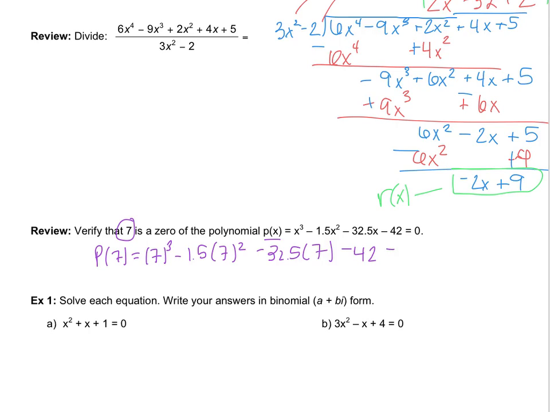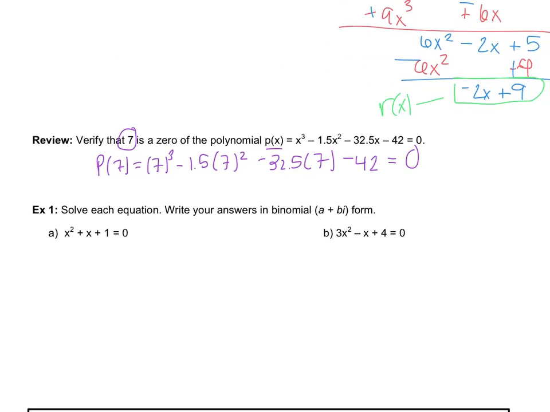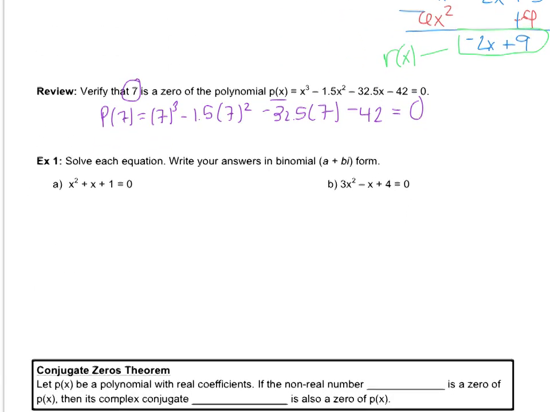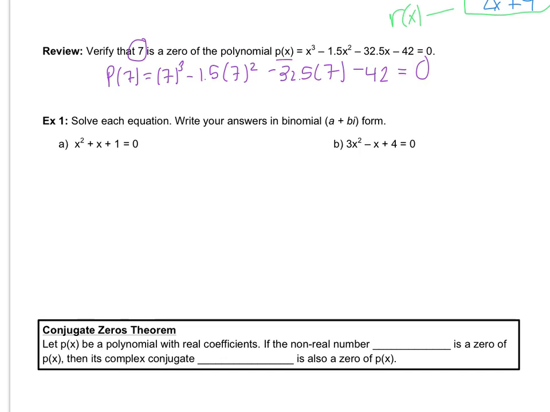So if you plug this into your calculator, you should in fact get that p of 7 equals 0, which would mean 7 is a 0 of the polynomial. So these are just two things to quickly review before we look into solving equations or finding zeros that will give us complex zeros, which we haven't really looked at. We've only been solving equations over the real numbers, and so now we'll see what that looks like over the complex number system. You will need the quadratic formula,